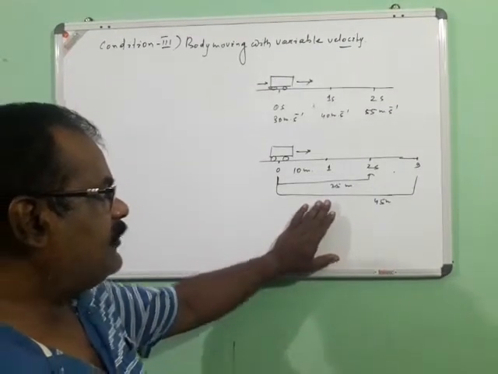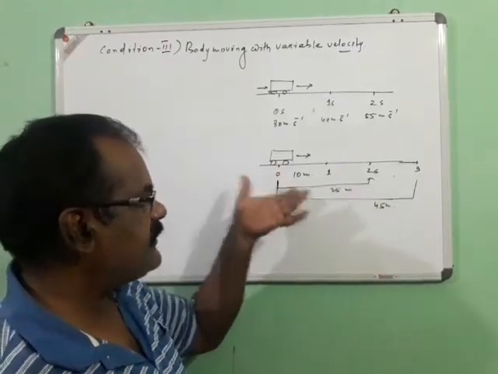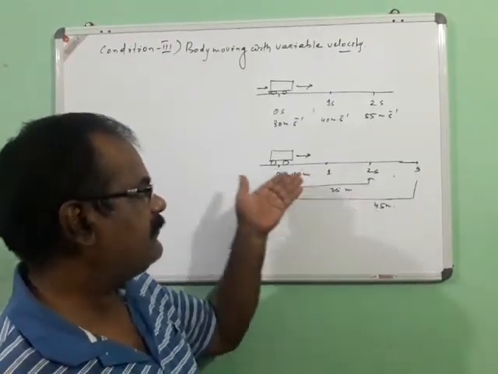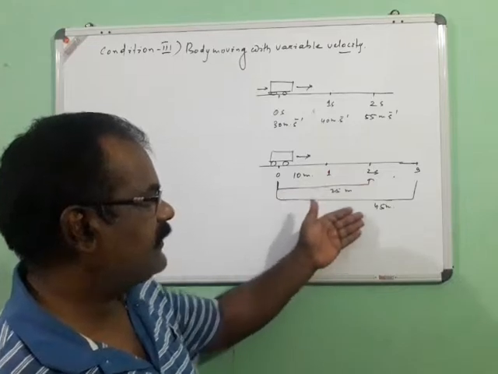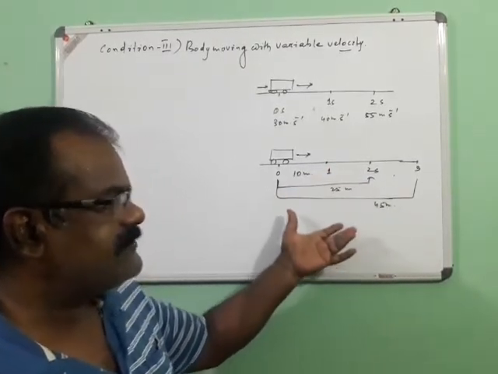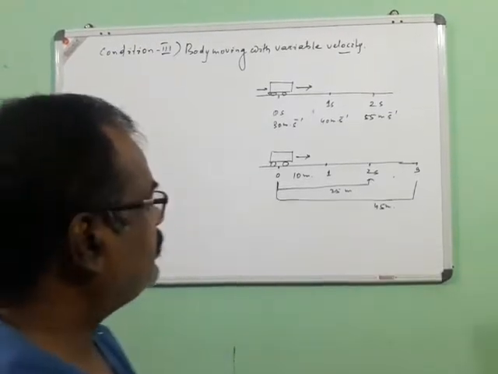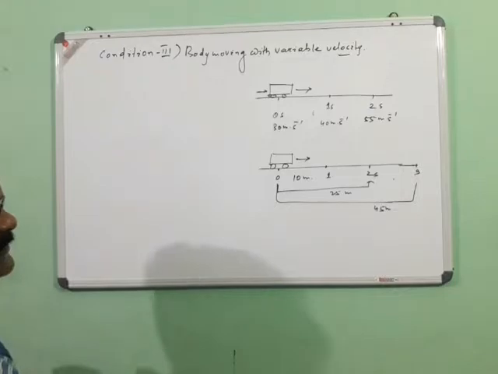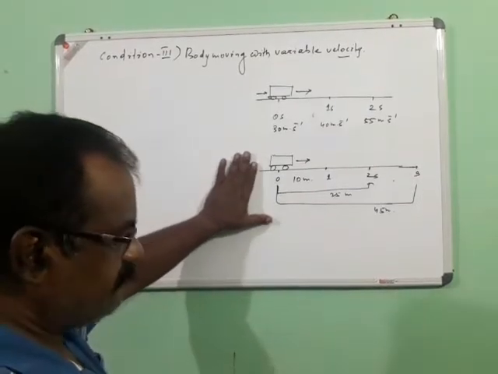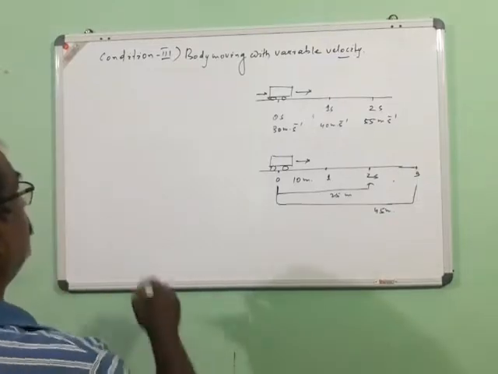So in this case we can now say that this is an example where the displacement varies, but the time remains the same. Displacement varies in the sense that the distance covered by the body varies, the direction is the same, and the time remains constant. So in such cases we can say that the body is moving with variable velocity. Now, if we represent this data on a graph, what will be the nature of the graph?